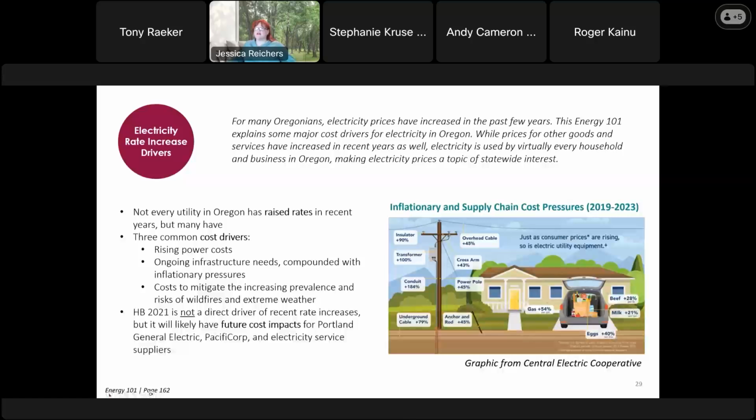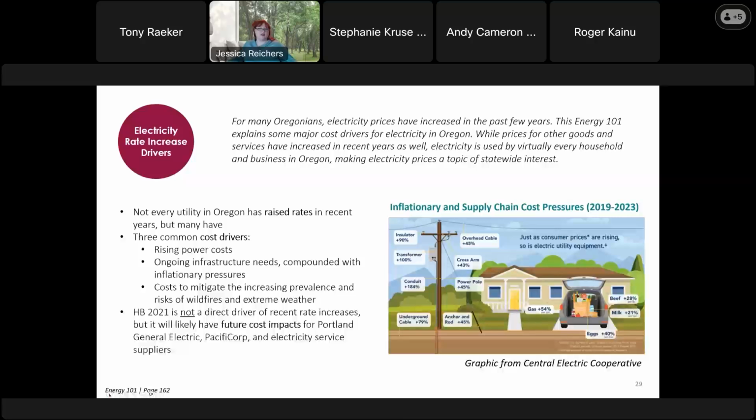Those have increased by nearly twofold since 2019. So you get some significantly higher costs there. A third common cost driver is dealing with wildfires and extreme weather, something that Roger was telling us is going to be happening more often and having effects on that equipment. And the cost to mitigate and respond to those events and replace the equipment, all of that is driving up